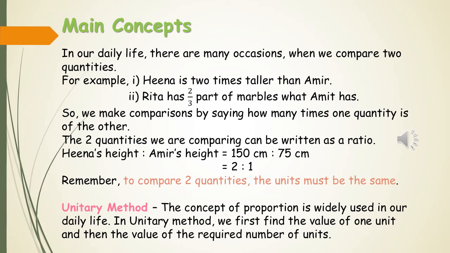Remember, when we are comparing two quantities, the units must be the same. If it is not given the same in the question, we have to do conversion and bring them to a similar unit. And one more thing we need to remember, that after we bring the ratio into lowest term, it will not have any unit because it is brought to the common unit and they get cancelled. So a pure ratio will not have any unit.